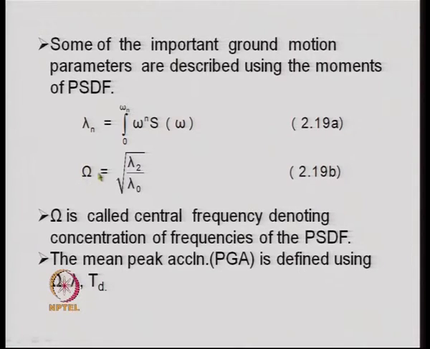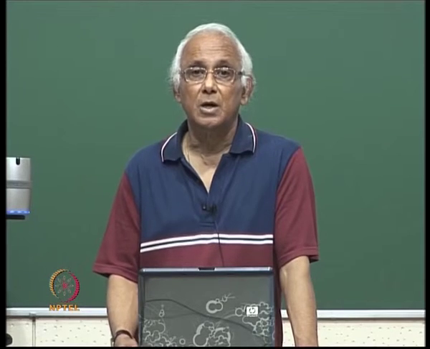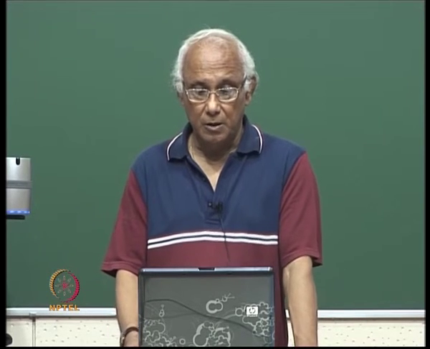The quantity called the capital omega is defined as lambda 2 by lambda 0, that is the second moment divided by the 0th moment. Now, this capital omega is called the central frequency, denoting concentration of frequencies of the PSDF. In other words, if we wish to find out the predominant frequency content of the ground motion, then